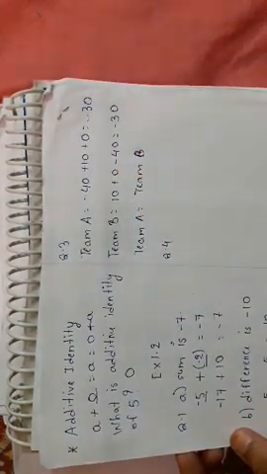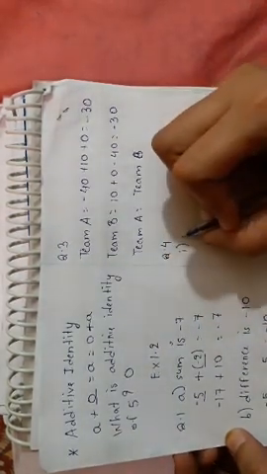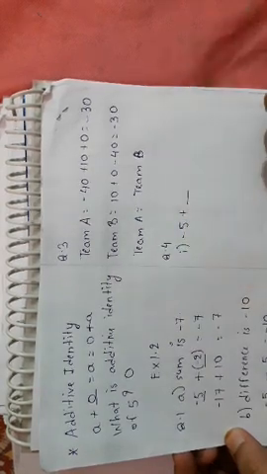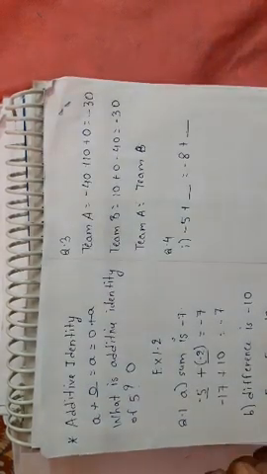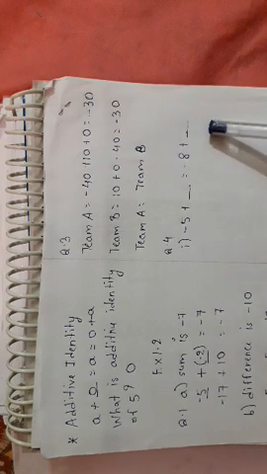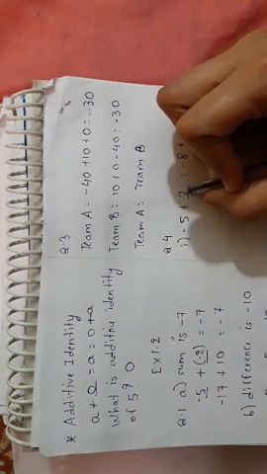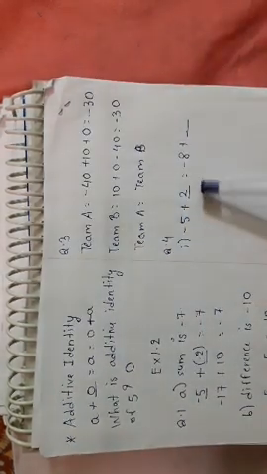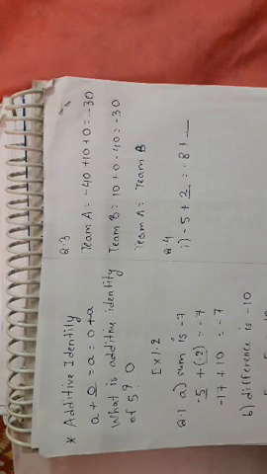It is given: fill in the blanks to make the statement true. For that, I will write the question down: -5 plus dash is equal to -8 plus dash. In both these, we have to make both sides equal by filling up the blanks. If I consider the first blank to be plus 2, then -5 plus 2 is equal to -3. So compulsorily we have to add a certain number so that the answer obtained should be -3 only.